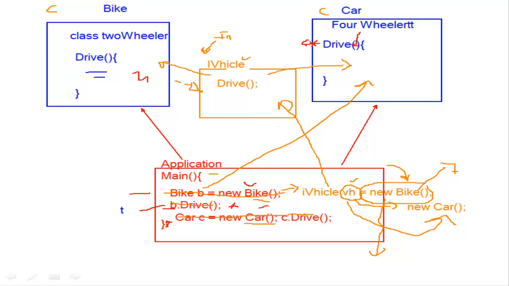So what is the other solution? You don't want to know which is the vehicle. It is like it's put in a black box. You take the vehicle out, and if it is a plane, you fly. If it is a car, you drive it, or if it is a ship, you do something with it. So you don't want to risk your code, or tie your code to the specific instantiation of the other object. But the problem here is you want to drive, which means you have to have the vehicle, but you are not interested in which vehicle is given to you.